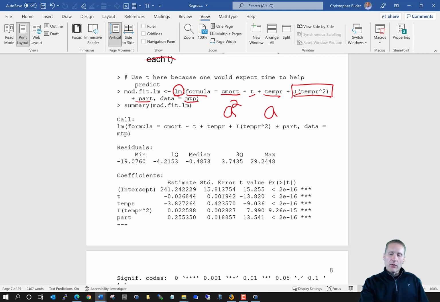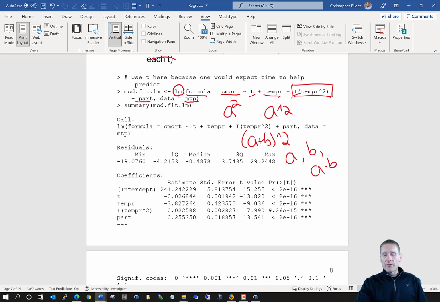If I were to only include it as a caret 2, that has a different meaning to R than what we would think in terms of wanting a squared. To help see that better, suppose I have two variables, a plus b caret sign 2. If I were to put that in a formula argument in R, what this is going to correspond to is this. You would have a, you would have b in the model, and you would have a times b,